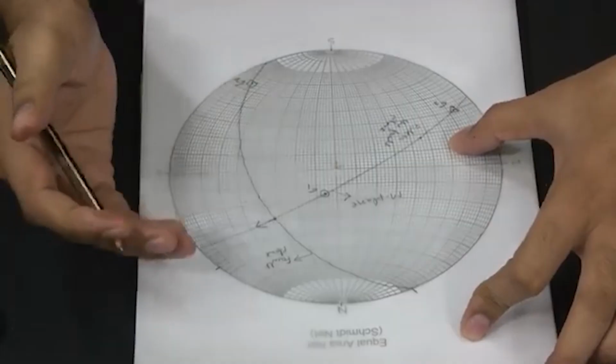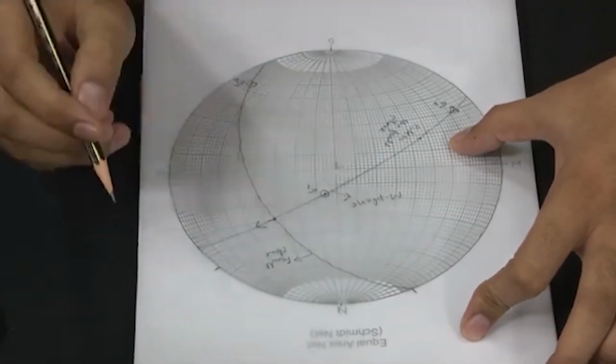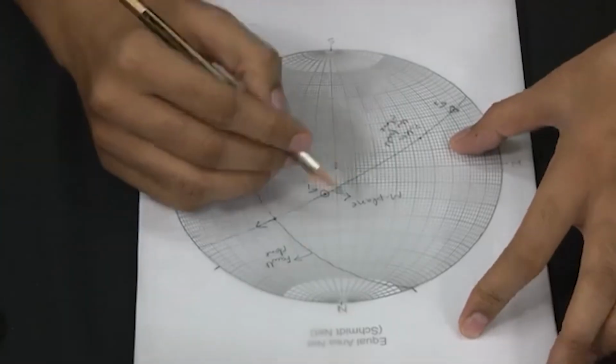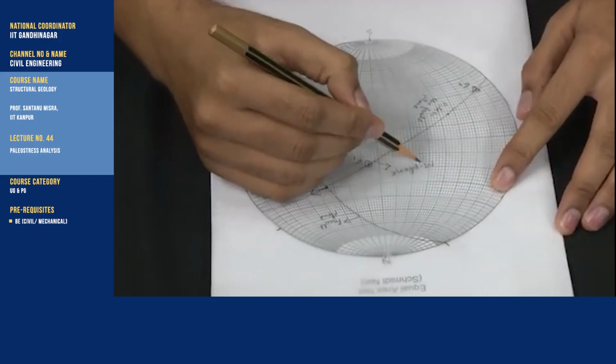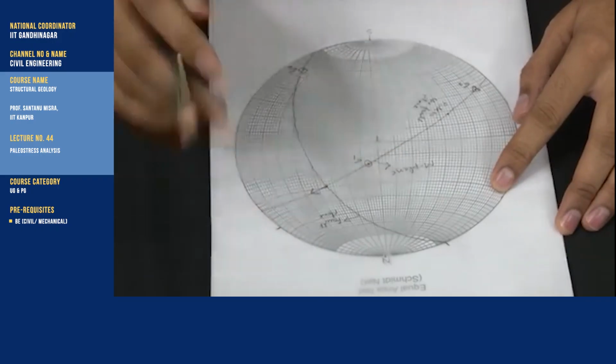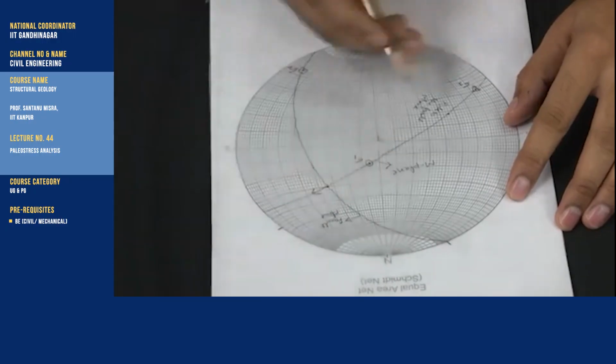What are the values of these sigma 1, sigma 2, sigma 3 and the moving plane? We know the values of the fault plane and slickenside. So, we will determine the values of the M plane, sigma 1, sigma 2 and sigma 3. To determine the attitude of the M plane,